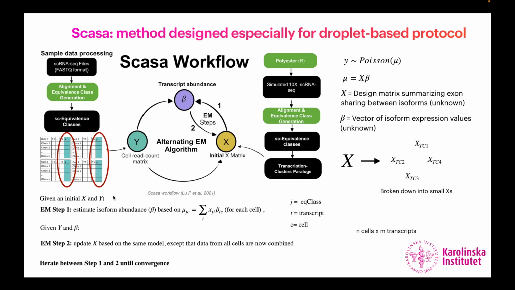So now, given X and y, we can estimate the transcript abundance of every equivalence class, which is the beta parameter here, by a summation of all the mu's generated from the transcript clusters. And this is done independently for each cell. Then we use the just computed values of the transcript abundance beta: given beta and y, at the second step, which is the maximization step of the AEM algorithm, we compute a most likely estimate for X. So the 2 steps iterate until convergence.